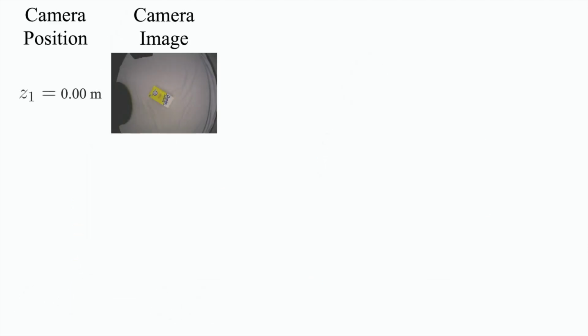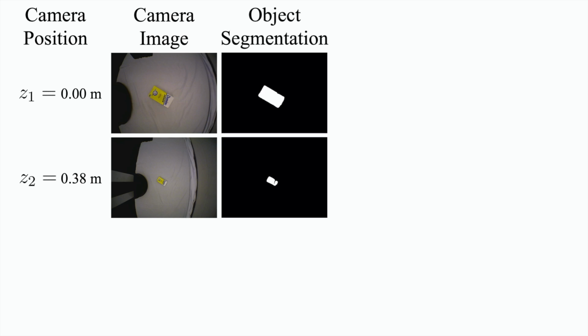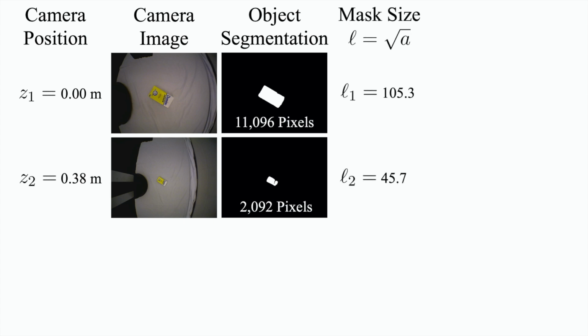Here, HSR is approaching the sugar box on the ground and has collected two images 0.38 meters apart. After segmenting the sugar box in both images, we need to determine the segmentation scale in each image to relate the observations together. Rather than using a specific length measurement, in practice, it's more straightforward to track changes in scale using area, which can be measured simply as the sum of segmentation pixels. Using Galileo's square cube law to relate area to length, we then calculate the square root of area to measure